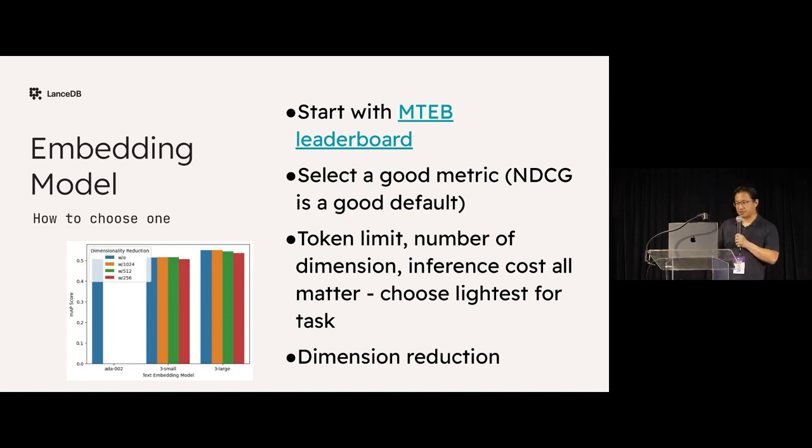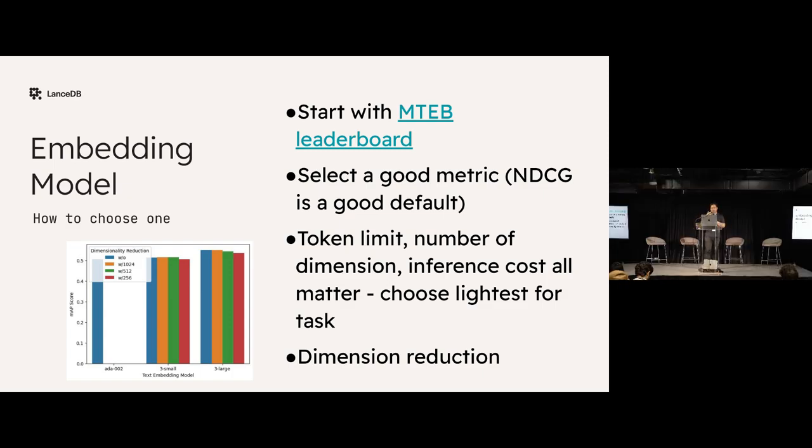And that brings us to selecting a good metric. So NDCG is usually a pretty good default for ranking problems, and this is where a lot of people start. NDCG is great for ranking problems, and it's been very useful for recommender systems, and no surprise, pretty useful for measuring embedding models as well.